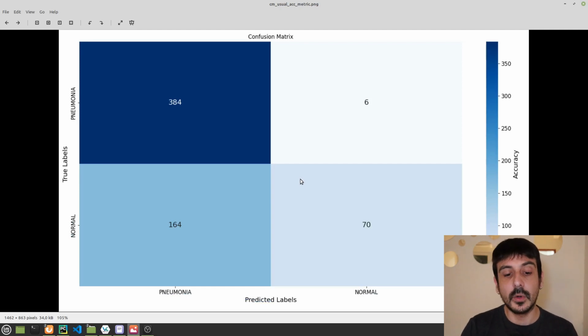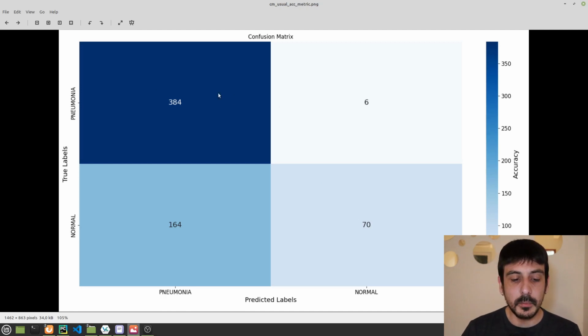Sometimes you have a bias and the classifier is classifying one of the categories with much more likelihood than the other category. This is something that sometimes happens in the industry, and sometimes it's not very clear why this is happening.